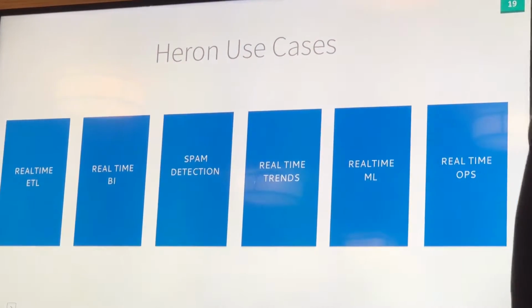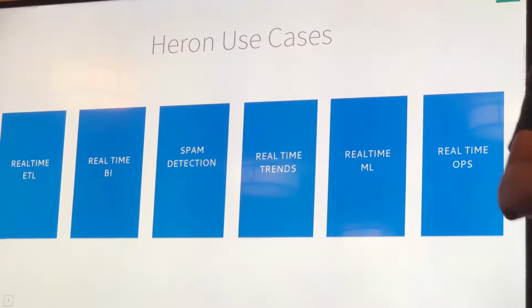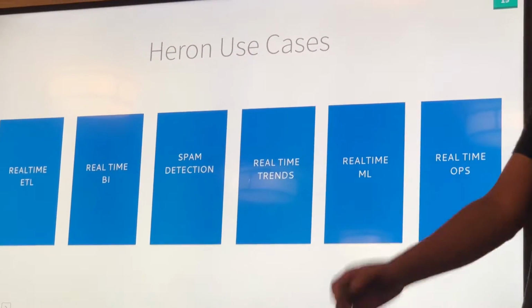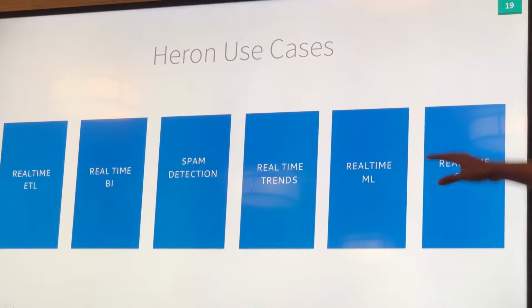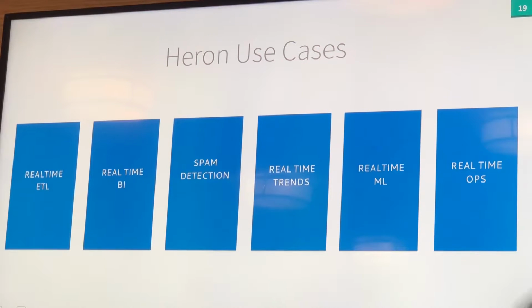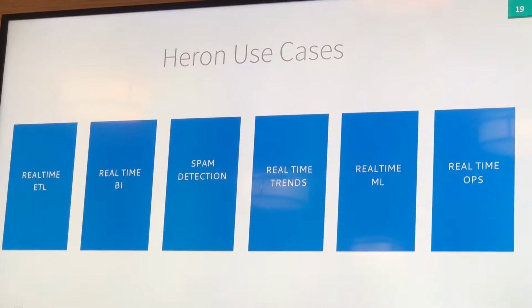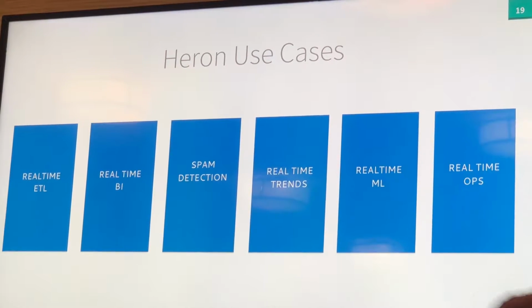And real-time ops, so the operational team uses Heron to process some metrics and then monitor the services. So these are technical use cases. There are definitely more we didn't cover here, but this sounds really specific to Twitter, for tweets. Right? There are many other use cases,